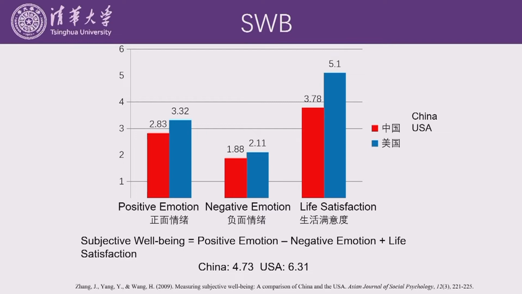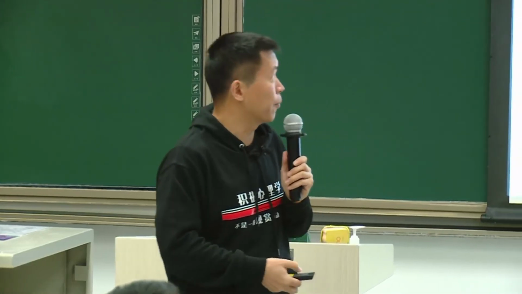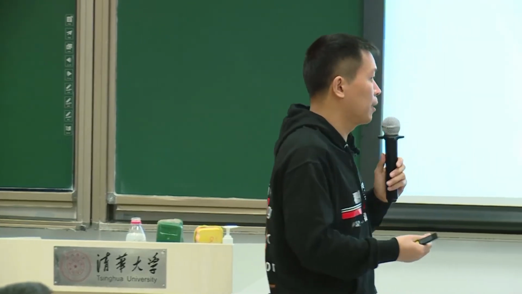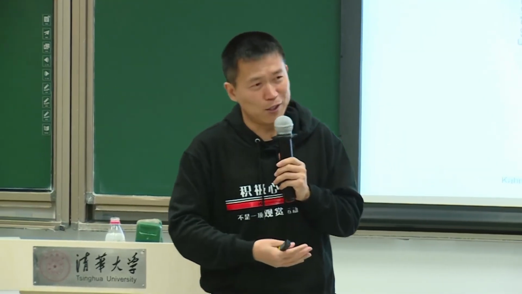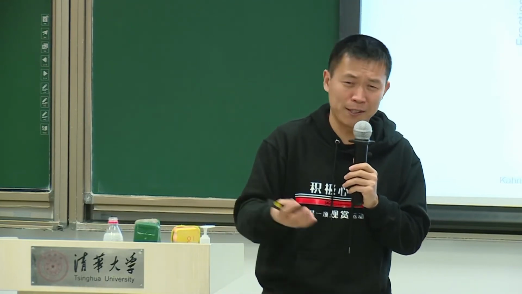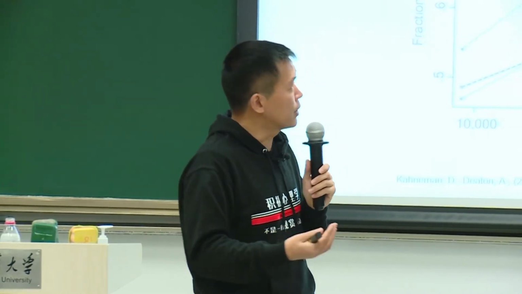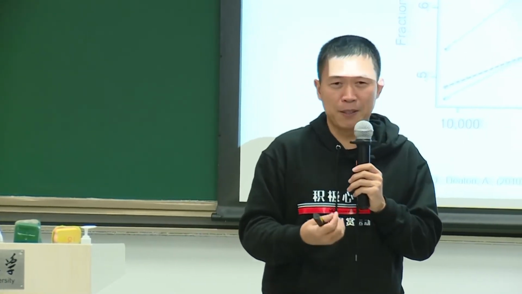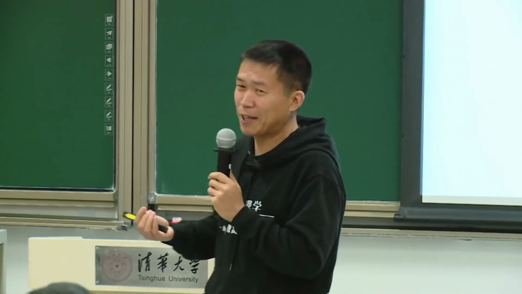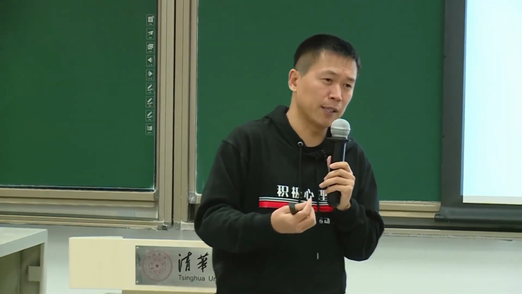So scientists use this kind of measurement and have done a lot of research. For example, this is a famous research done by Nobel Prize winner Daniel Kahneman. We probably know him by his very famous book, Thinking, Fast and Slow, right? I guess some people read this book. But also he is one of the few psychologists who won the Nobel Prize because, as we know, there is no Nobel Prize of psychology. So he actually won the Nobel Prize of economics because his research, together with his partner Tversky,